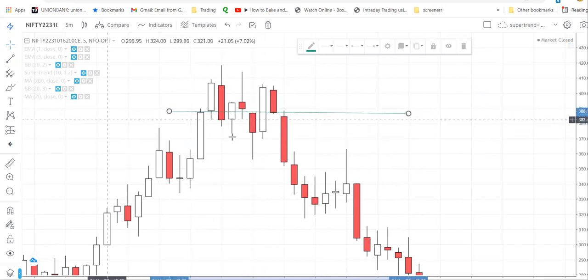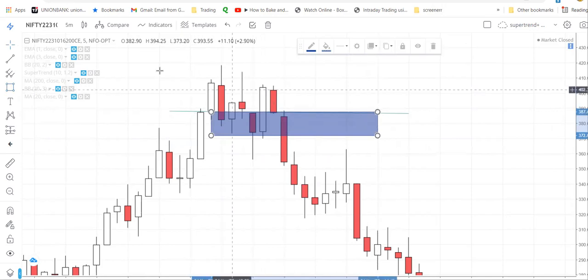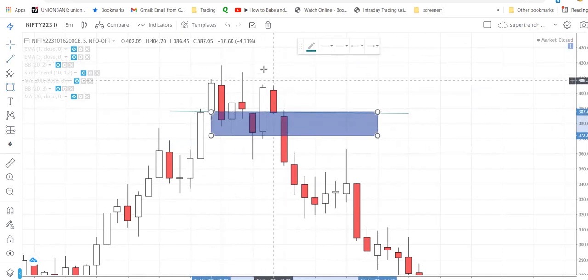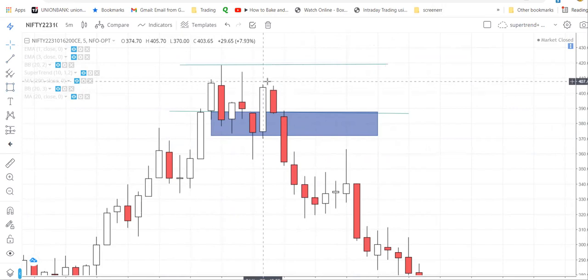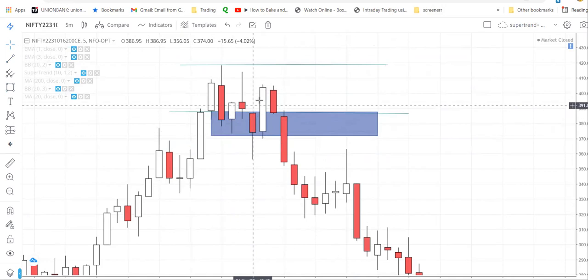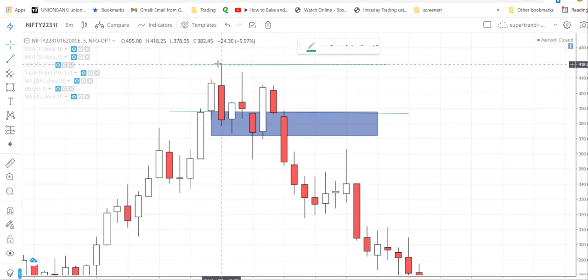At least mark the body of this candle, and wait for this area. Mark this high, wait for this area and see the price action. See, it's such a bullish candle. It's a trap actually. This is a breaker, but it is a trap. And then the next candle, it started continuing its trend. See.